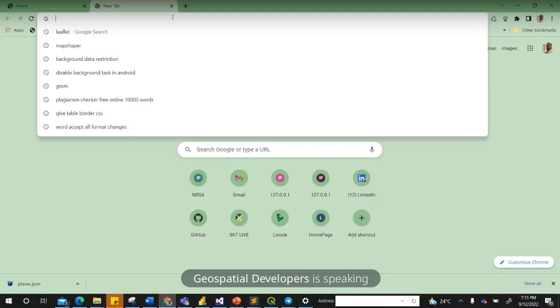So if you want to build any application where you want to visualize your shapefile or any geospatial data sets, you can use Leaflet. Leaflet is one of them. We have Leaflet, we have OpenLayers, we have Mapbox, we have a couple of them in the market. But